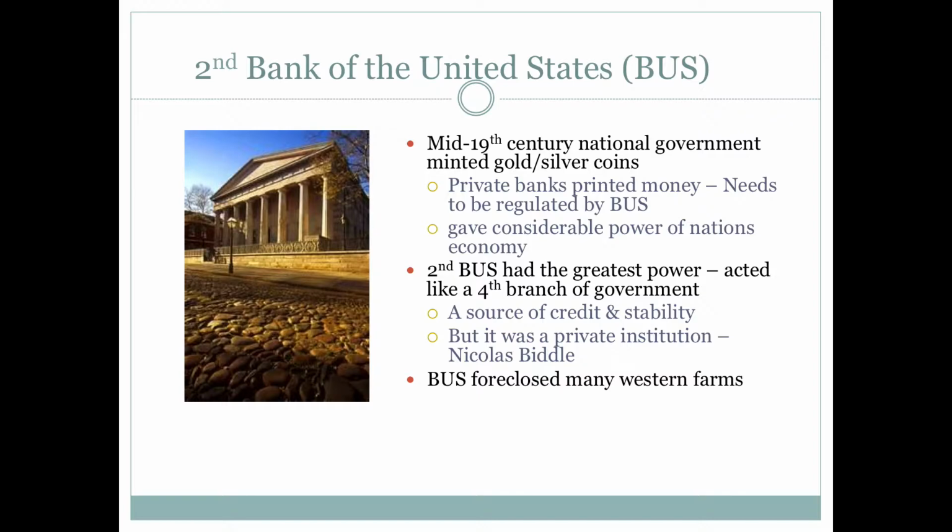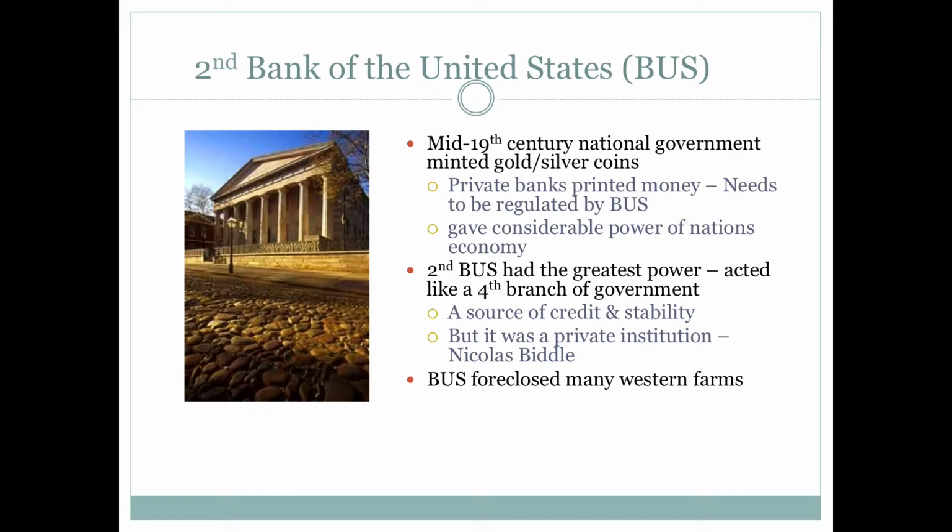And that's one of the reasons why they bring back this bank. But the bank became very powerful. Right? By the 1820s, the bank begins to act like it's a fourth branch of the government, even though it's not. It's a private institution, but it has a lot of say in the economy. And the government takes the revenue that it gets from its tariffs and excise taxes, and they deposit all of that into this bank. So the bank had a lot of money then, millions of dollars from the federal government, and that's what makes it as strong as it is.